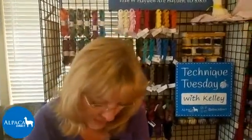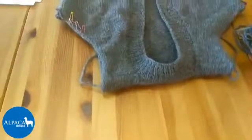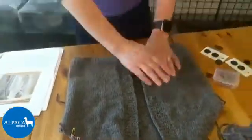Because if you look on our sweaters, we all have shoulder seams too. And all of those things make subtle differences in the way our finished project looks, and it makes it look better. So, yeah, this project is really fun. Like I said,